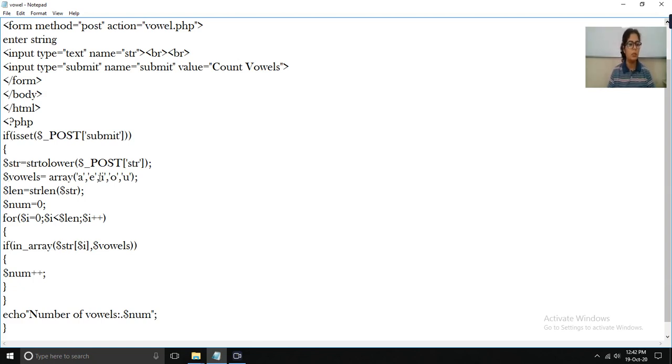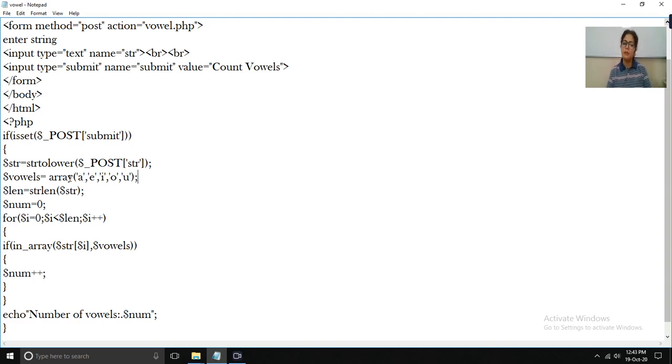Now let's start with the next line. This is the second line: array, A, E, I, O, U. Now we have created an array. We have used this keyword, and in this array we have taken 5 alphabets which are vowels, because, students, the computer and the program do not know what we want to perform. So whatever we want to perform, we have to give everything inside the program in the form of conditions.